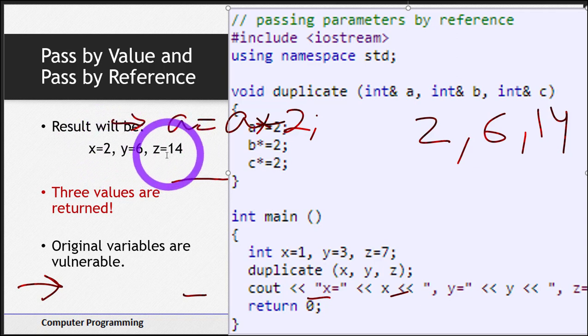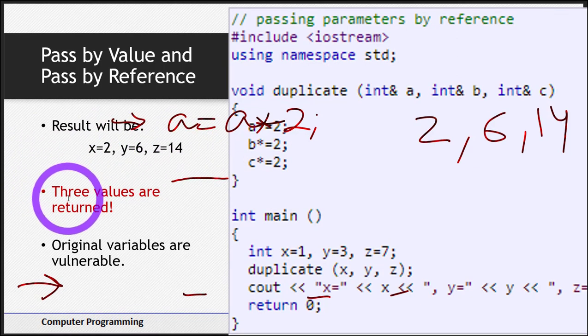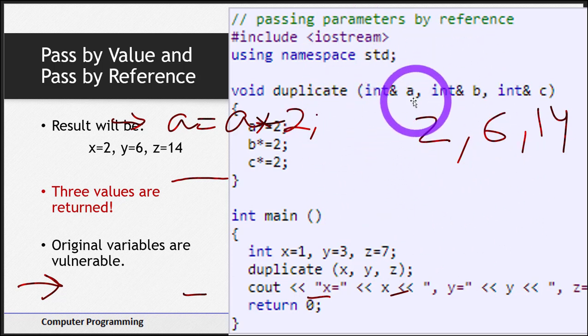And also there is one more thing to be noticed here. And that thing is, 3 values are returned. So are you looking at that? 3 values have been returned. We can only return one thing at a time. In C++, we only return one thing. But by using the property of pass by reference, we have done something really smart. We have kind of returned 3 variables. We have changed the values of 3 variables by using pass by reference. So it's kind of a pro of this